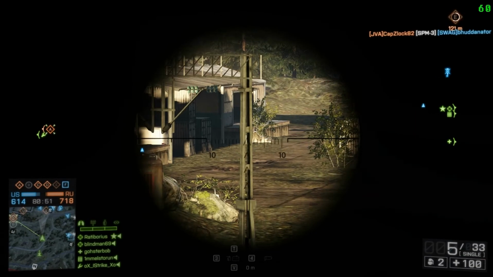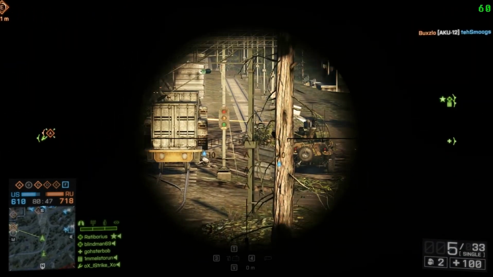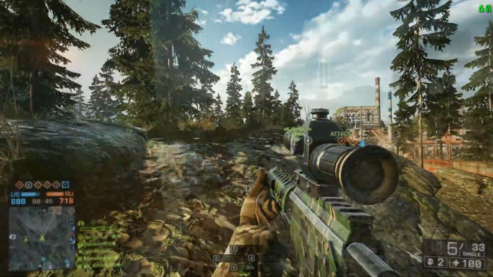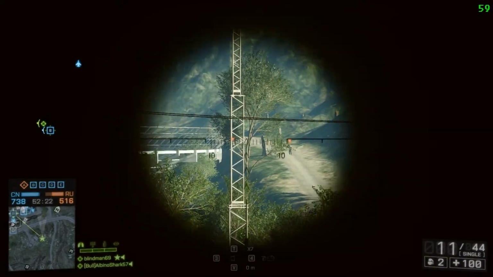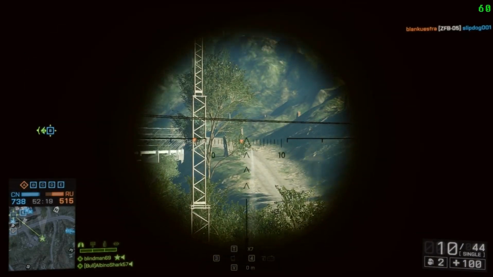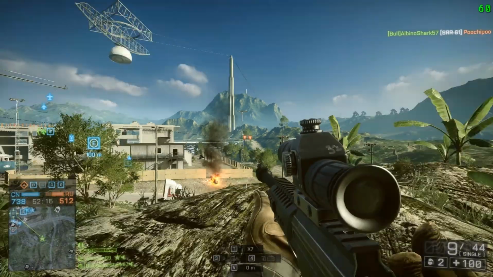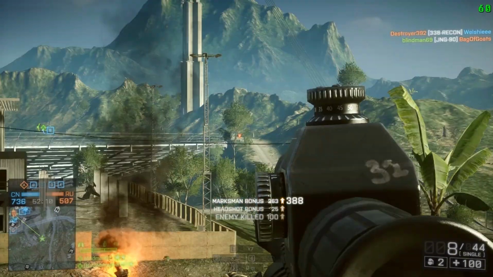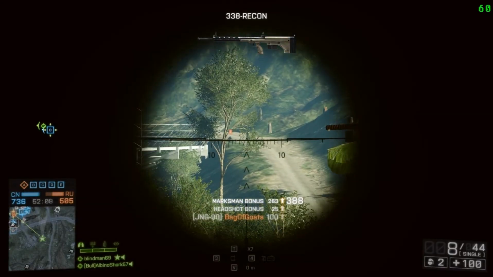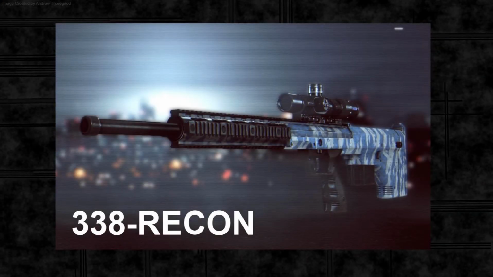But I soldiered through, basically trying to stay mostly mid-range or close range with it and wait for people to come to me. You can shoot people at long range with it, but as you can see, lining up that massive chevron with a tiny figure in the distance and trying to get them in the middle of it isn't exactly easy. So I was quite happy when I unlocked the 338 Recon, and I thought, yay, get away from the Jing 90,